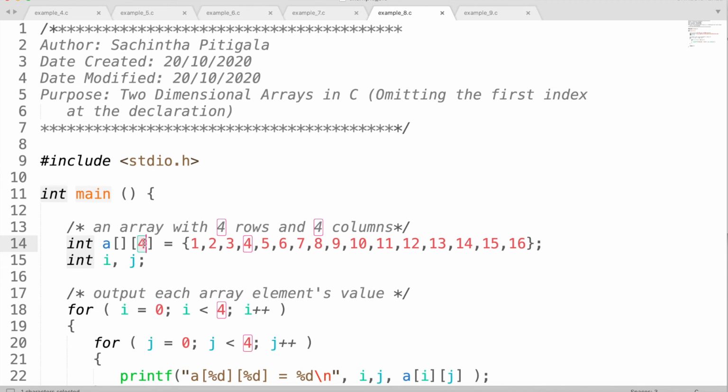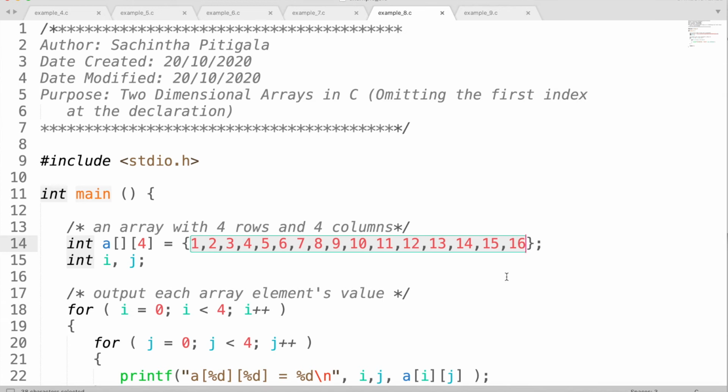But you must specify your second dimension because the computer doesn't know how many columns. If you specify how many columns you want, then it will divide whatever values you provided at the initialization into 4 columns. Then if you have more values, it will go to your next row. Likewise, it will fill up your array until it has filled all the provided values in your initialization statement.